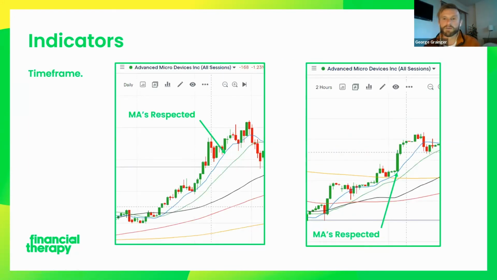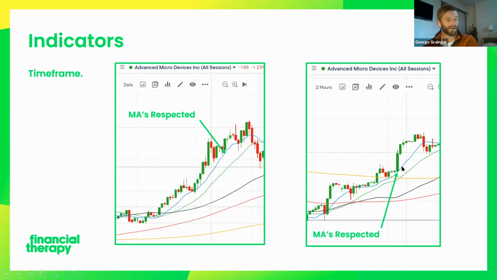And then time frames. I find time frames really interesting because you get the same thing. This is a daily time frame of AMD. Then you've got the 2-hour time frame of AMD, and as you'll see, price was restricted at the 10 daily moving average here. But if you're looking at the 2-hour, you've got the price respecting